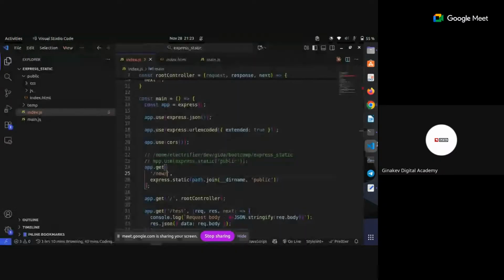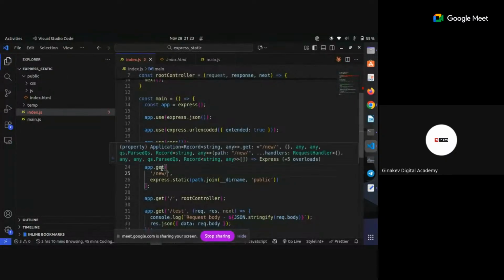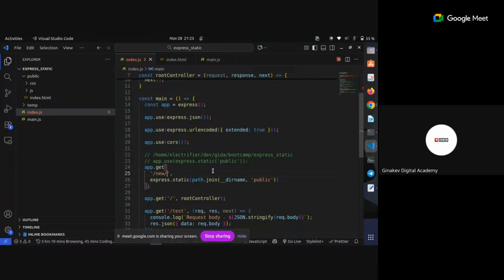Mm, it's not working. Maybe because we didn't configure any controller for it. Okay,